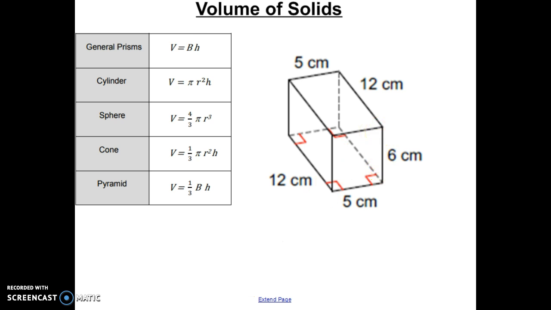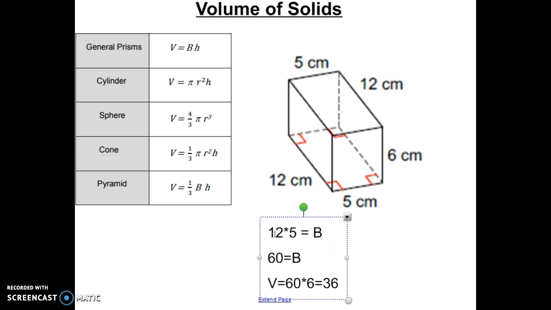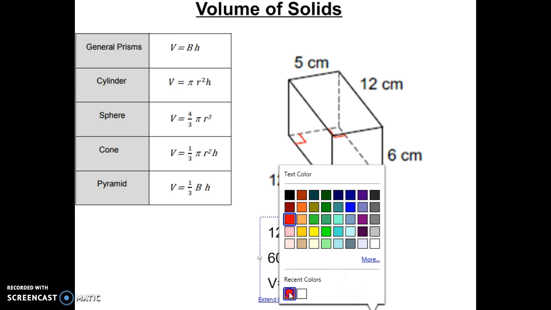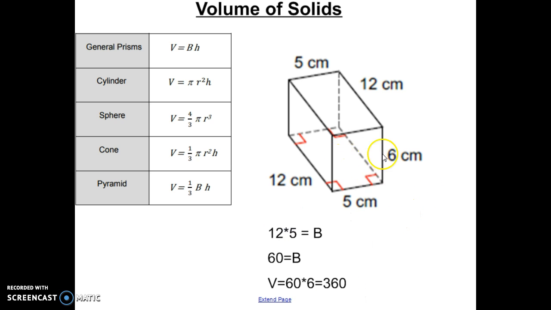So you could either do this one as the area of the base is 12 times 5 equals base area, which means 60 equals the base area, and the volume equals 60 times the height, which is 6, which is 360. If you considered the more square one, the end piece, your base,